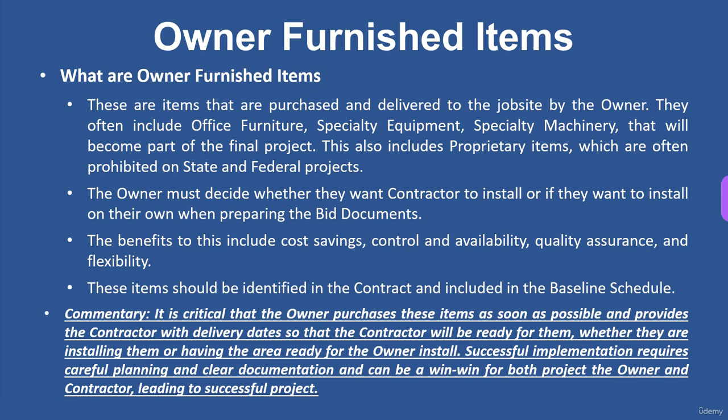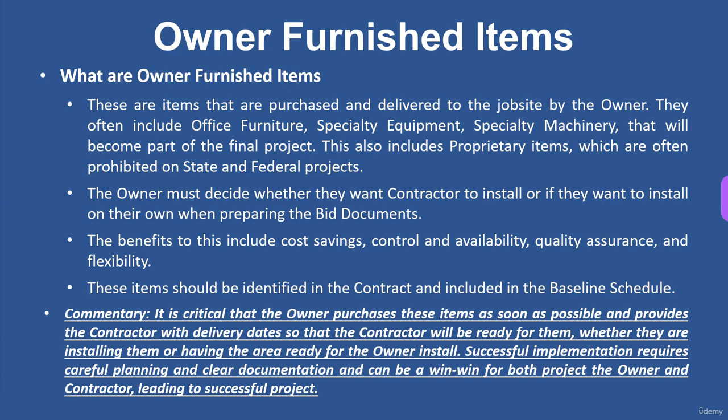These items should be identified in the contract and included in the baseline schedule. So you want to make sure that if you're providing something, the contractor has it in his schedule. Even if you're installing it, he needs to give you access. So he needs to put in the schedule, this piece of equipment furnished and installed by owner, and he's got to give you a window. So he has to be able to tell you when he's going to be ready